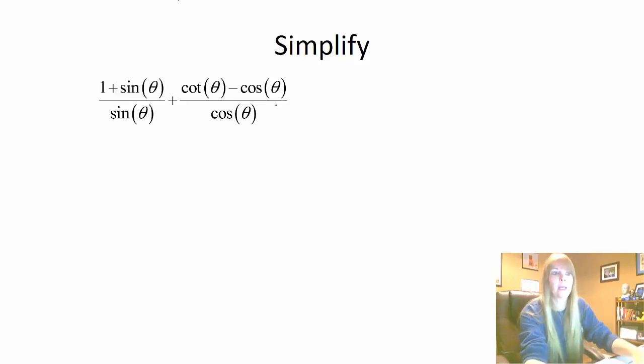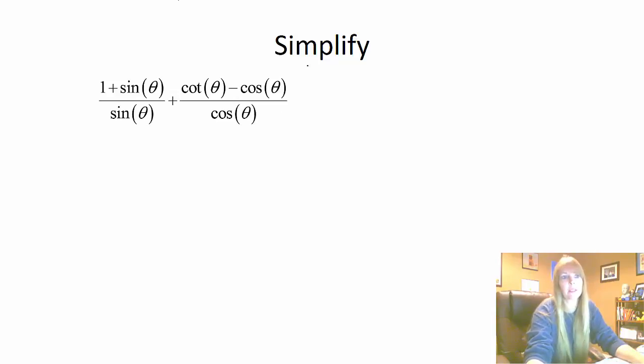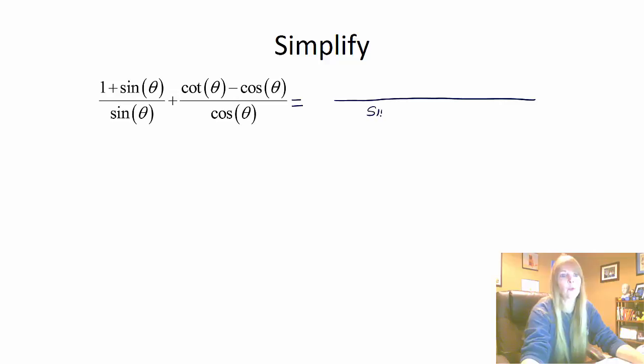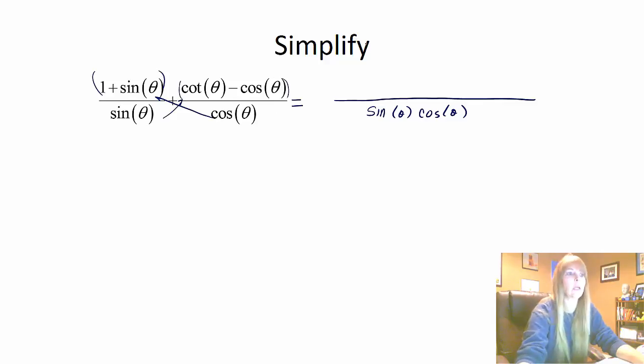All right, so we're back at it again. We're going to see if we can simplify this expression by using trig identities. First thing, remember I said whenever you have more than one fraction, you want to get a least common denominator. In this case, my least common denominator is just multiplying those two denominators. And then I'm going to multiply those terms by cosine and these terms by sine to get my least common